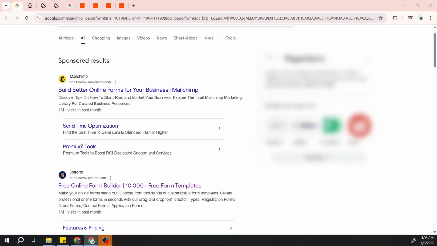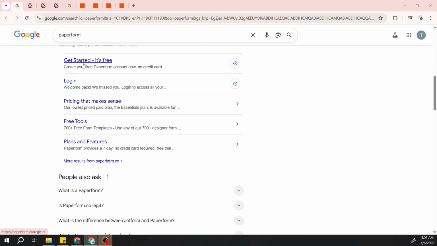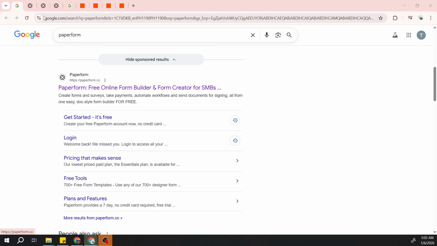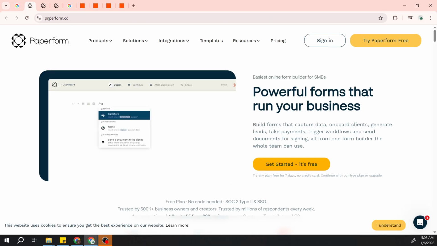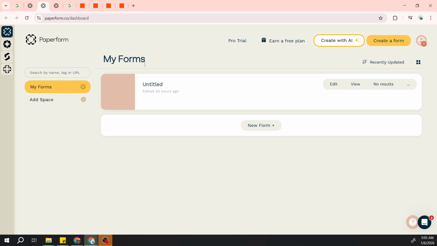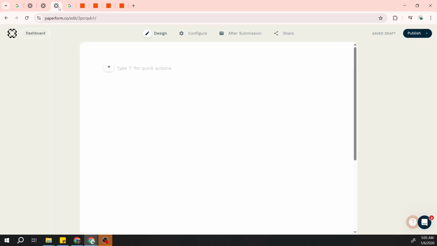Click through to the official Paperform website so you're in the right place, then head to Log In and sign into your account. Once you're in the dashboard, you can either start from scratch or pick a template. If you want the quickest path, choose a template like Product Order Form. It comes with common fields and settings you can adjust, which saves time and gives you a solid structure to